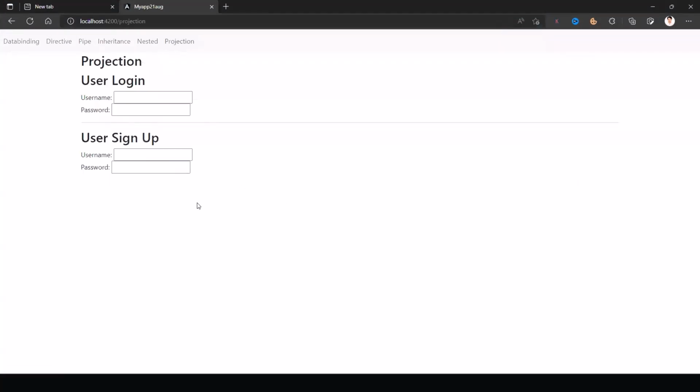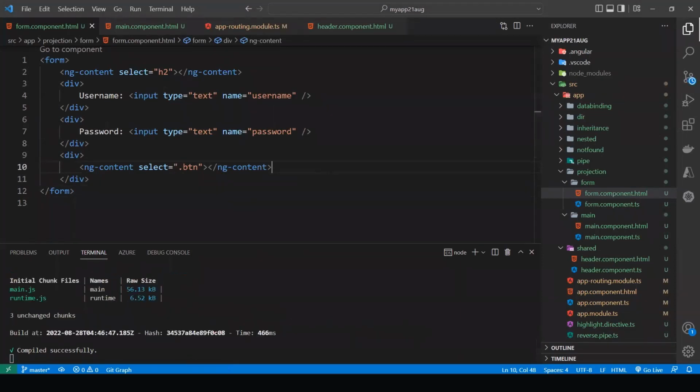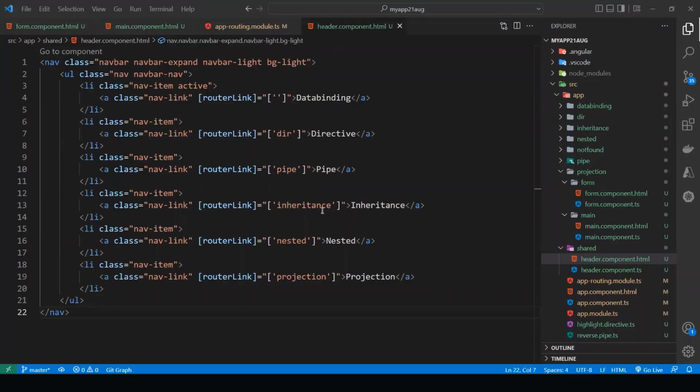In the projection one, you can see the heading is coming, but the CSS class should be there. Now the button is also coming. Can you see? So now the thing is here,